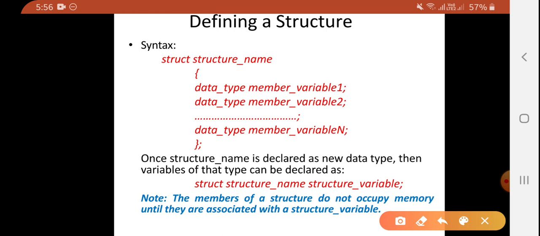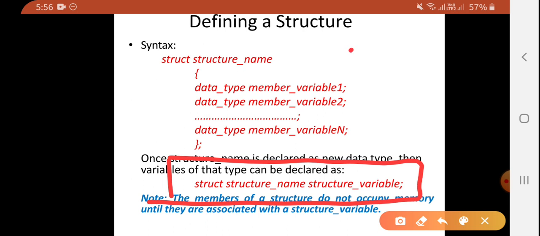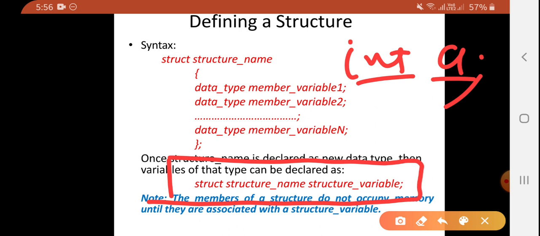Write struct, structure name, space, your structure variable, like your integer a. Integer is a data type, a is a variable. Here struct structure name is a data type and this is your variable.